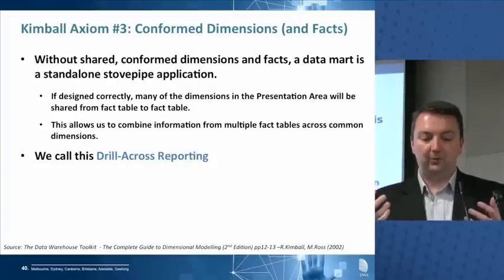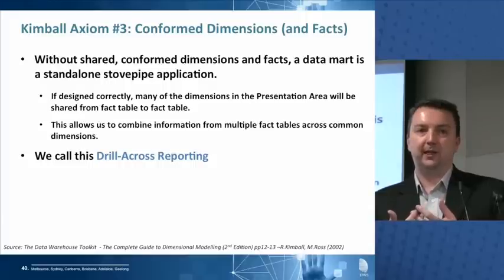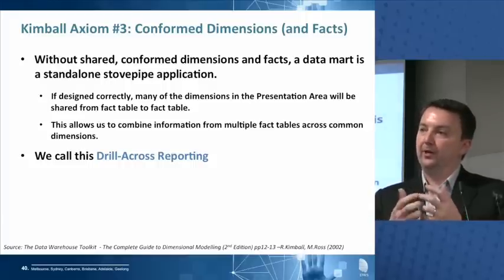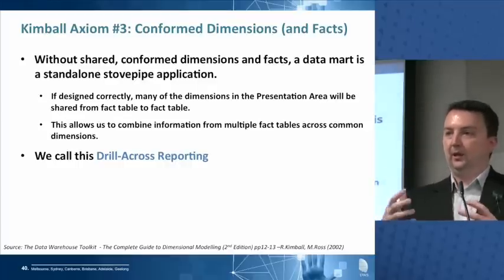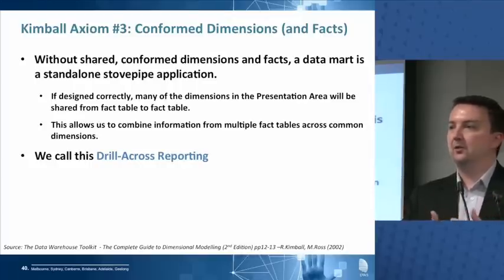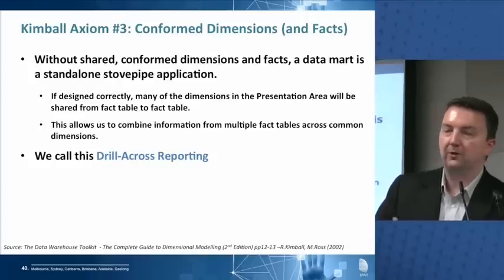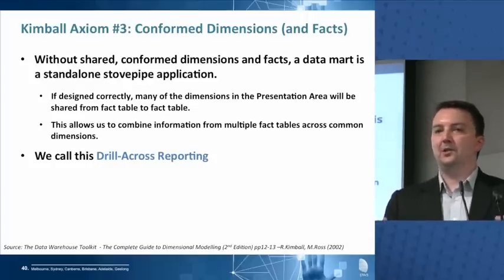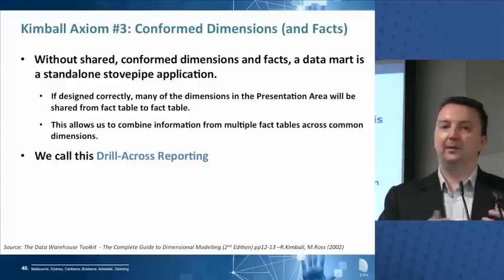If you remember the example before where I had a combined data mart, a fulfillment data mart that showed order information combined with deliveries information, if we make no attempt to combine our customer information, then we can't analyse those two facts together. So conforming dimensions allows us to combine different sources of data and to do what we call drill across, which is get data from one data mart, get data from another data mart, and combine them together.